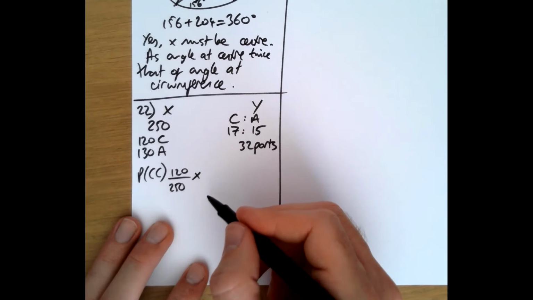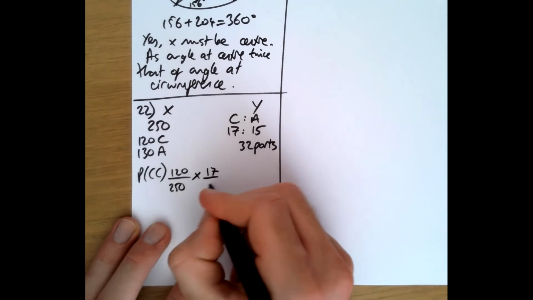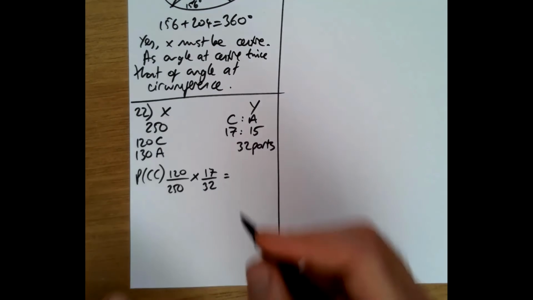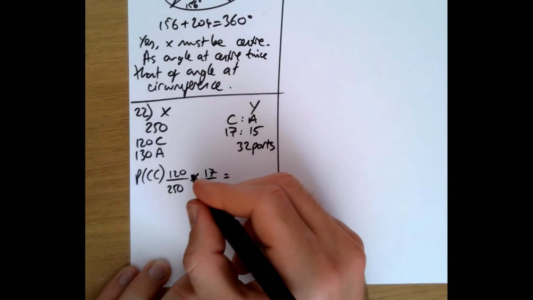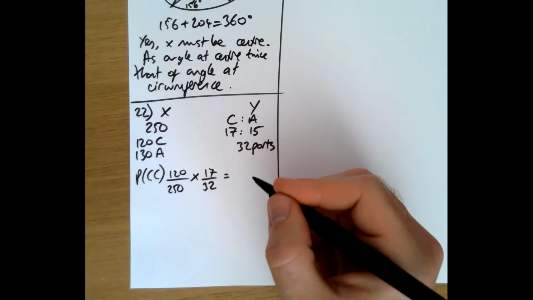The probability of getting a child from this group Y is going to be 17 over 32. So we've got 120 over 250 times 17 over 32. And if I type that in, I get